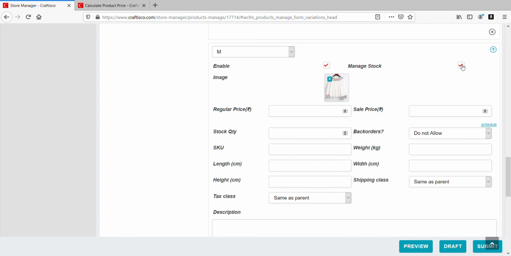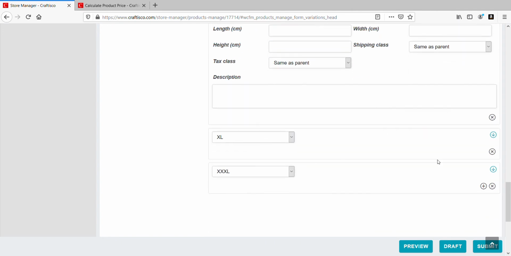So you're going to do the same thing for your medium. Put the managed stock, put the price, say 800, 642, 10. Excel.